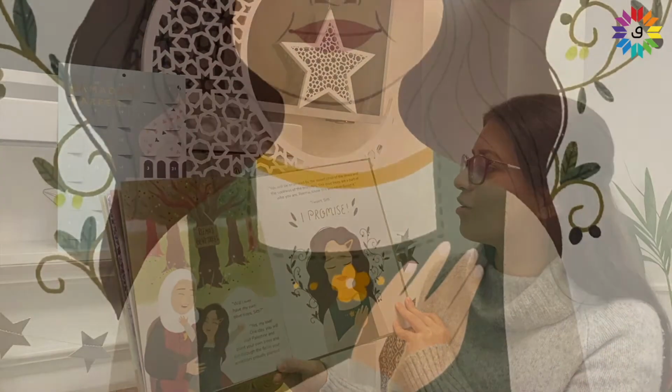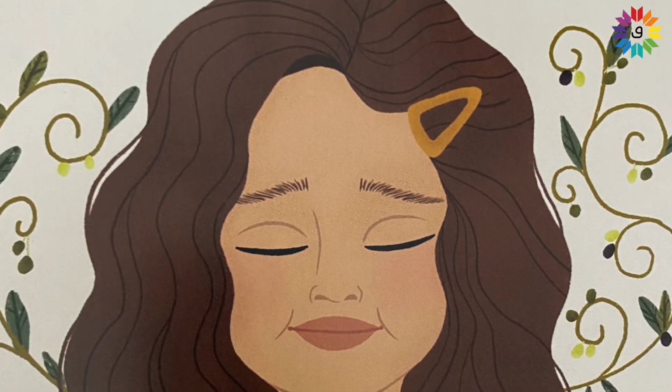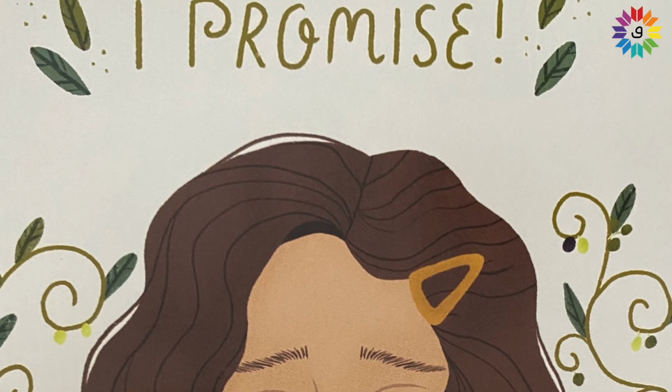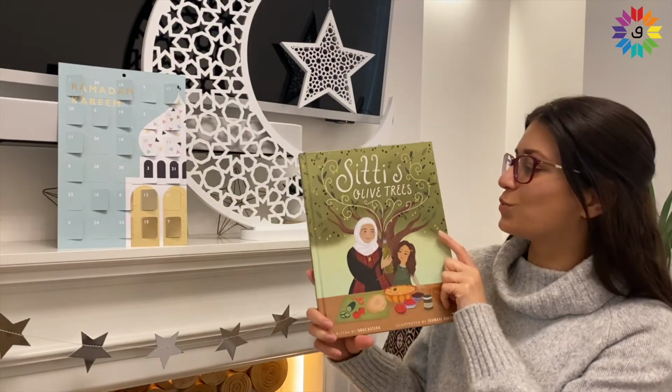The olive trees are a part of who you are, Reema. Know this and never forget. I won't, Sitti, I promise. The end. I really like this book because I love trees, I love olive oil as well, and I really